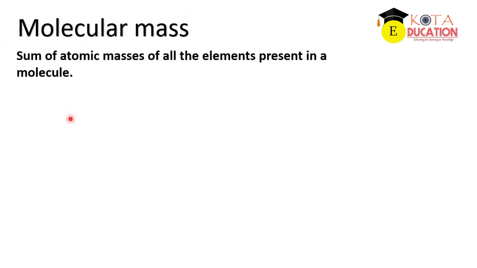Next, we are coming to the term molecular mass. Always remember, a molecule is formed by combining atoms in a fixed ratio. When atoms combine in a fixed ratio, they form the molecule, and molecules have independent existence. A molecule can be formed from two atoms or from a group of atoms, and their mass we report in terms of molecular mass.